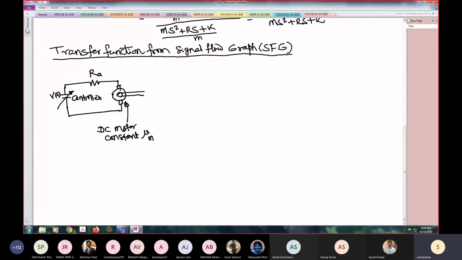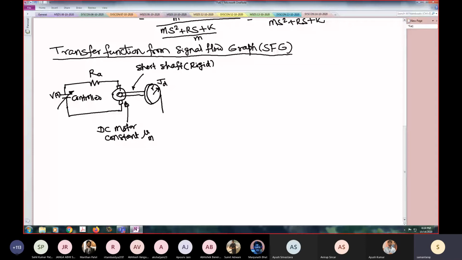Then we have a short shaft. If the shaft is short, we can assume it to be rigid. If the shaft is long and hollow, we will have very low torsional stiffness, so we have to consider its torsional stiffness and damping. But for rigid, very small, solid shafts, we can assume it to be rigid. So we have a disc of radius r, and its rotary inertia is Jd.